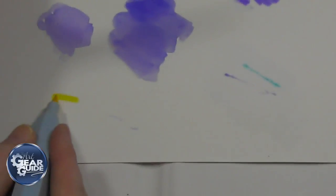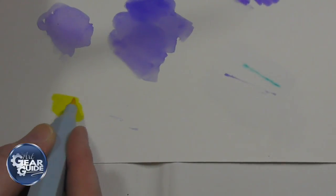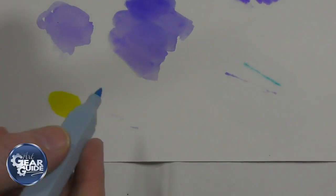Now, another thing that you can do as well, whenever you're using these markers, is blending them. You can get some plastic palettes where you mix your aqua markers. Unfortunately, I don't have one here to show you, but I'm just going to use this paper. So you would have your two markers there,